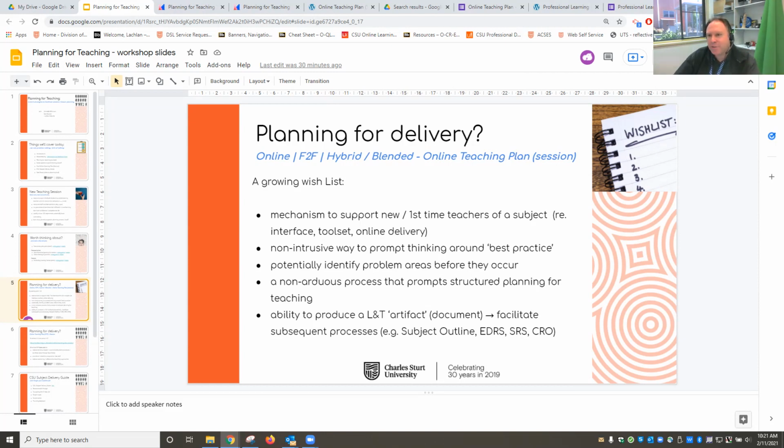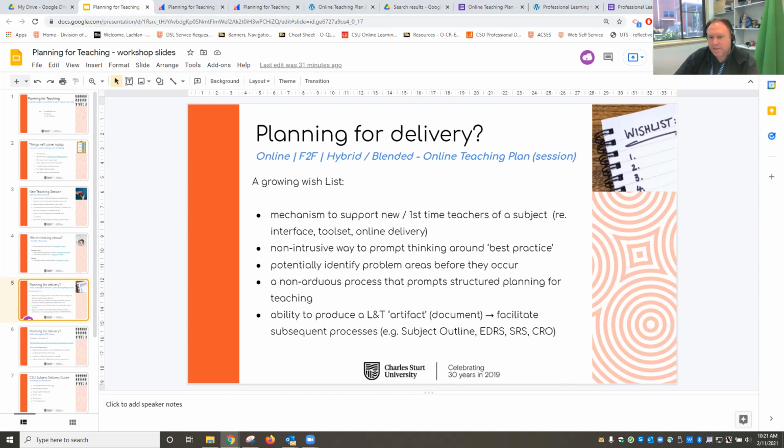The reason they were doing that was because at the end of using the online teaching planner, it will return an email to you with the artifact, the document itself of your online teaching plan. Some teachers are taking those to their conversations with their heads of school, for example, as part of their EDRS. Maybe they're talking with subject conveners, etc., about thinking about delivery around subjects.